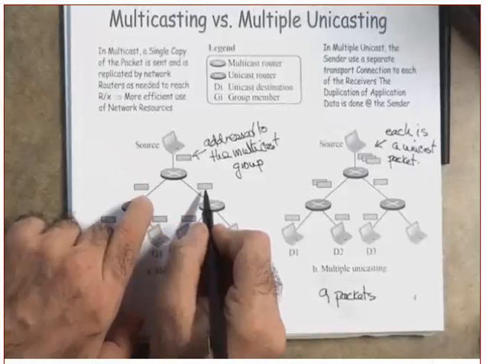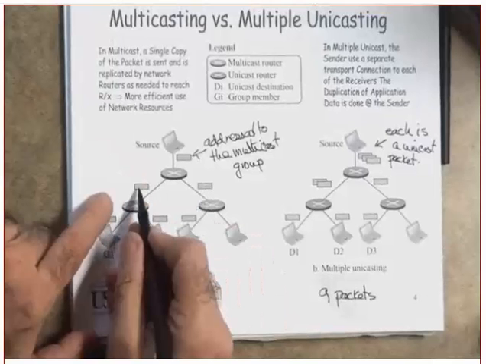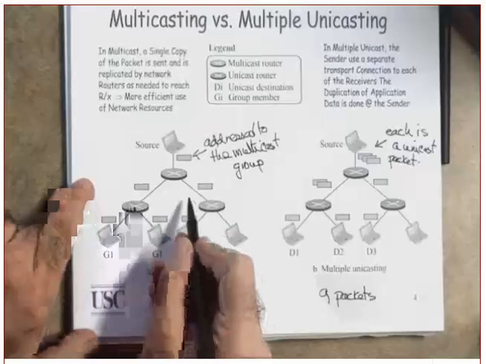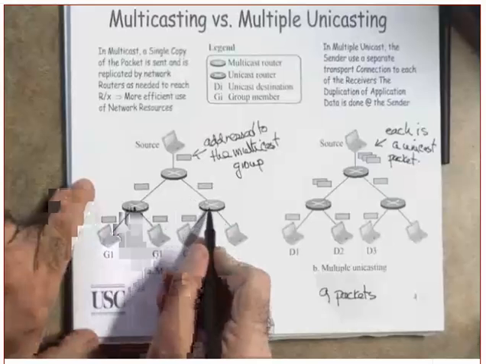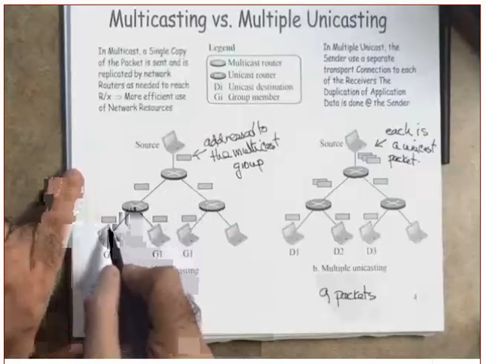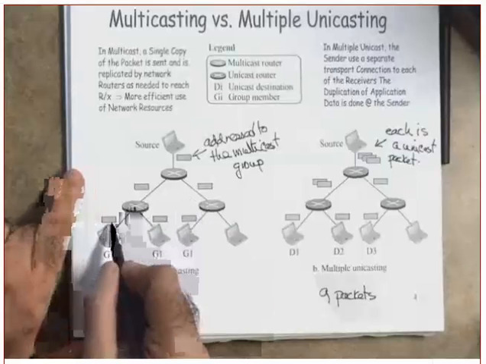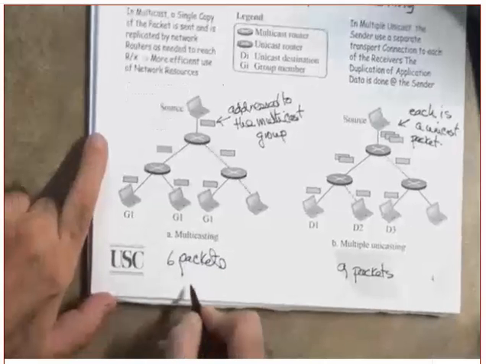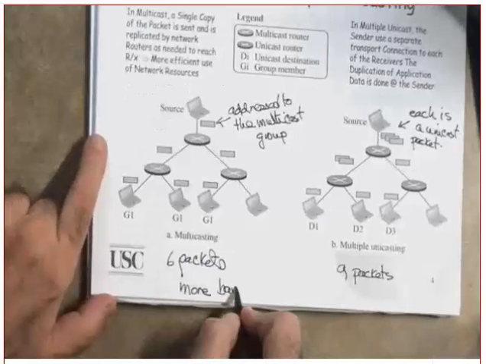Another advantage of this over this, you notice, is that in the unicast case the sender makes multiple copies of the packet. So if the sender has a relatively slow link, it will behave as a bottleneck. Whereas in here, the copies are made in the network rather than at the source, and the network has much more resources than each individual source.